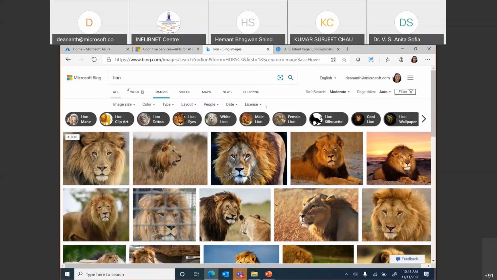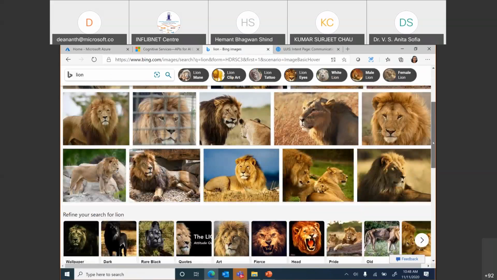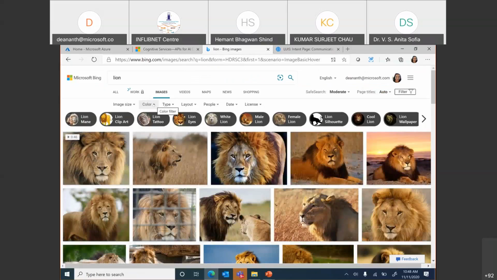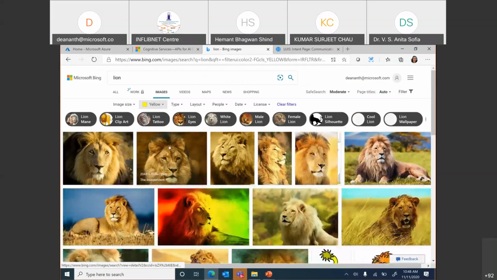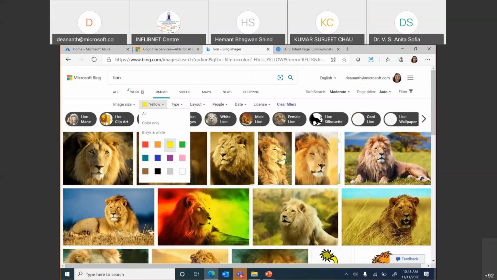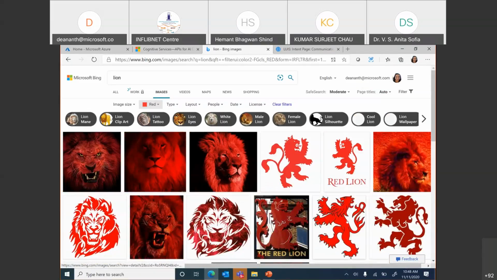This comes from a big learning background. Who would think that a lion has a color, right? A lion is the color of a lion. That is how you would describe it in a lot of languages, actually, kesari or saffron, right? Now, if I say I want to look at yellow lions, do they really exist? Well, some hue and color. If I say I want red lions, do they exist? Now, you can see that some of these could be to do with a logo, it could be to do with other things, but you got it.